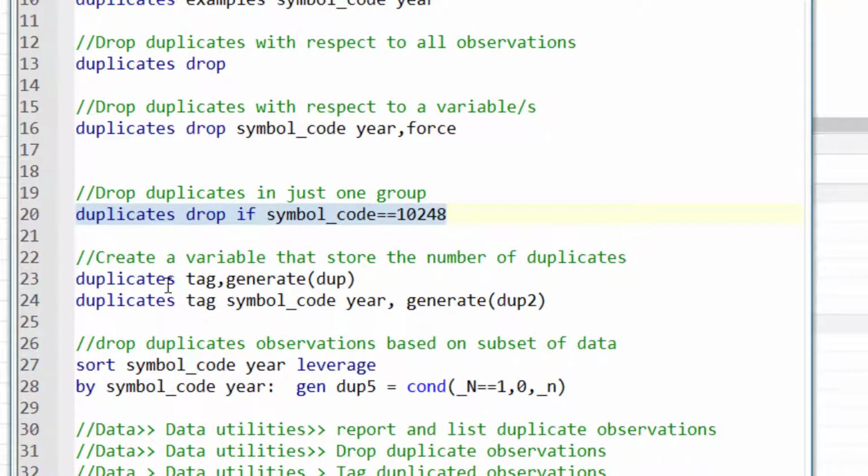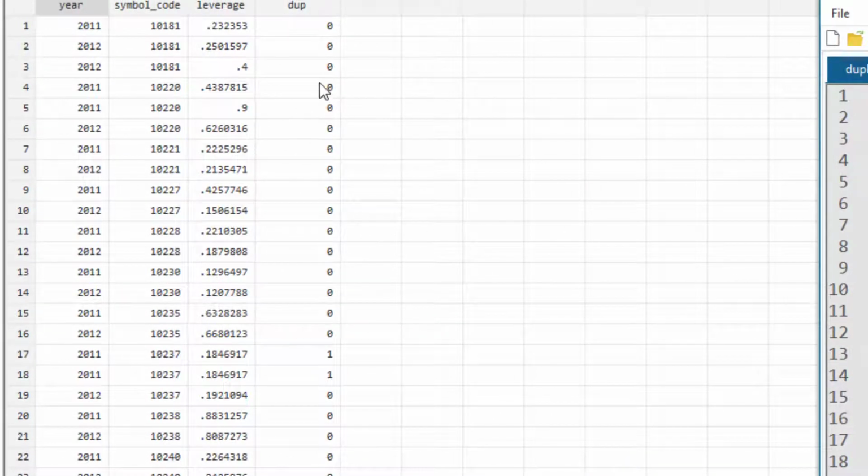Next, we just want to tag the duplicate observations. We do not want to remove them for now. For that, we use the tag command. This would create a new variable by the name of dup, which stands for duplicate. We can give any name over here. The command that we are going to use is duplicates drop, with the generate option. Let's run this command. It would generate a new variable by the name of dup, and it would only contain